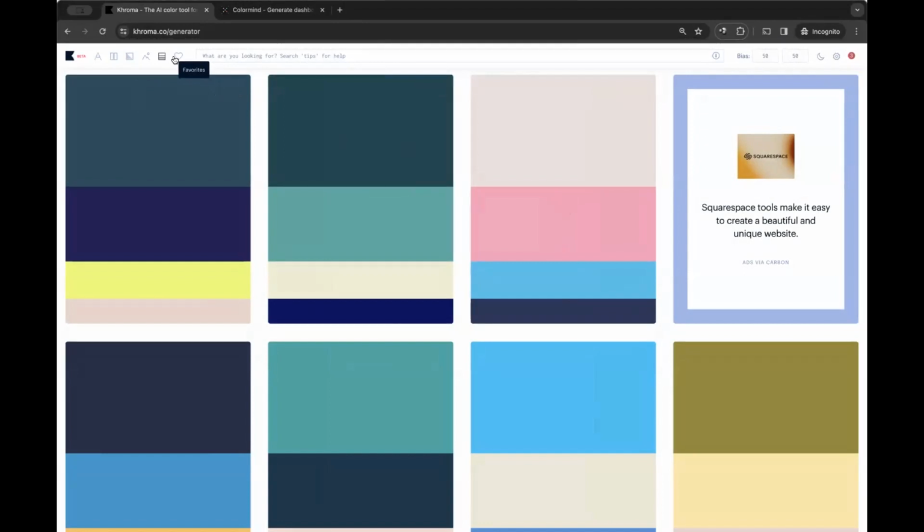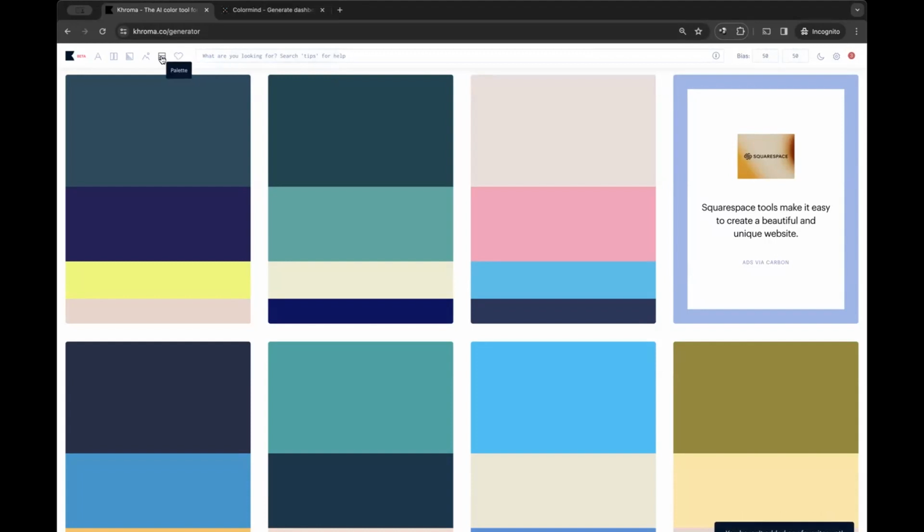So if I'm even creating a brand for people, this is my go-to site, and ColorMind. That's why I also showed you ColorMind, depending on what the client wants. I'm showing you these two tools because we have different stakeholders. They can just come to you and say, I just like this image, this is my reference. Most times as designers, people will say, go and look at this site, go and look at this one. If you are there, just take a screenshot of the site, come to ColorMind, and generate something from that.